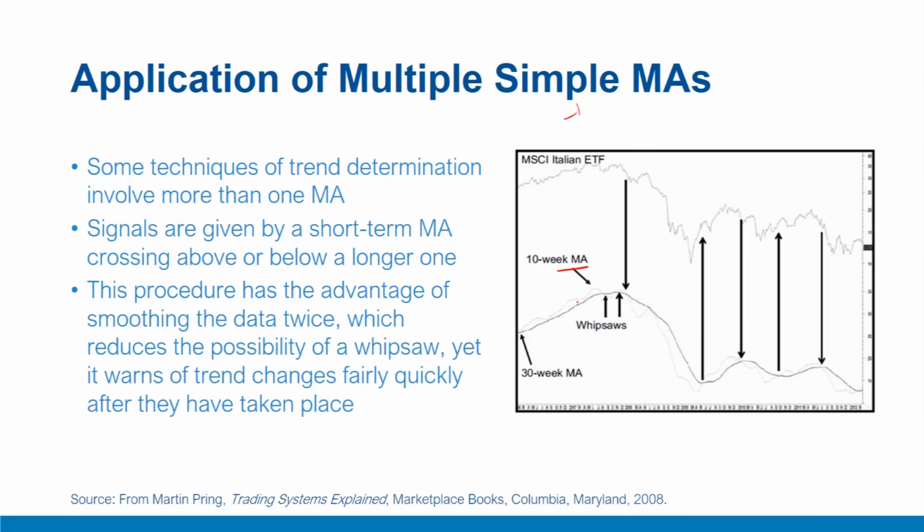For example, notice the shorter MA, the 10-week MA, is less fluctuating than price but is still fluctuating, while the 30-week MA is much smoother. And trend generation happens whenever this 10-week MA crosses over. There are some whipsaw signals, but a major signal here where actually the 30-week MA itself changes direction. So when this short-term MA crosses towards the downside, there is a signal generation, but a more solid confirmation happens when this 30-week MA itself changes direction.